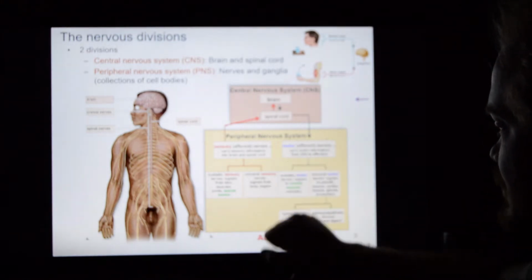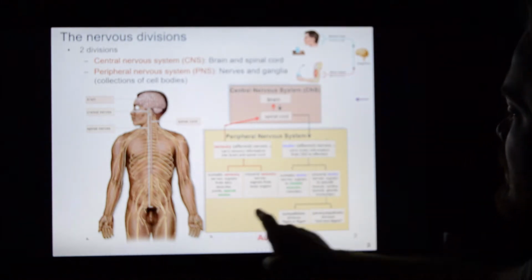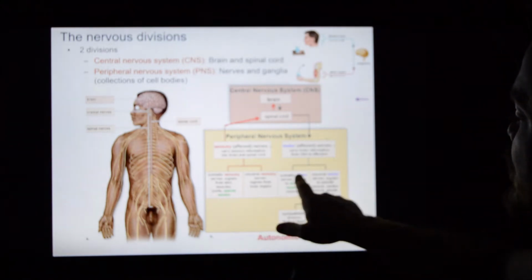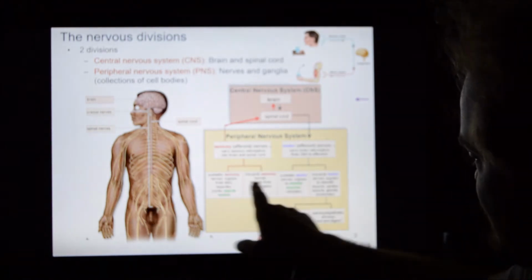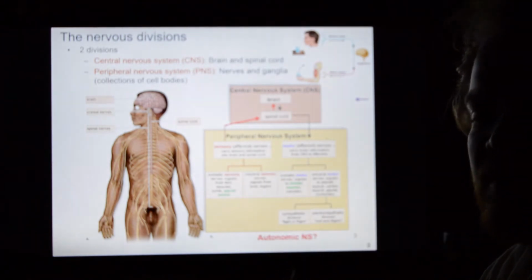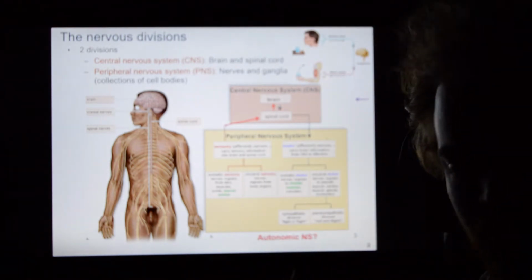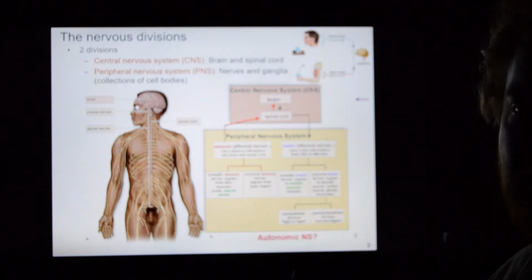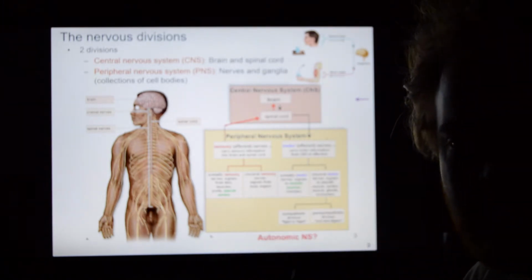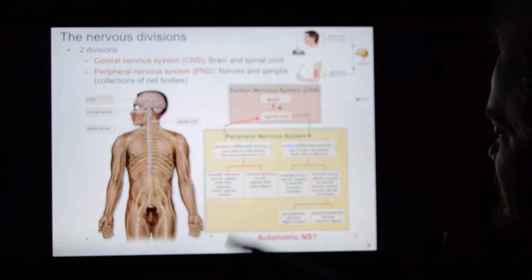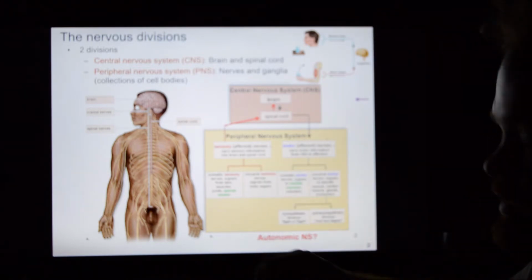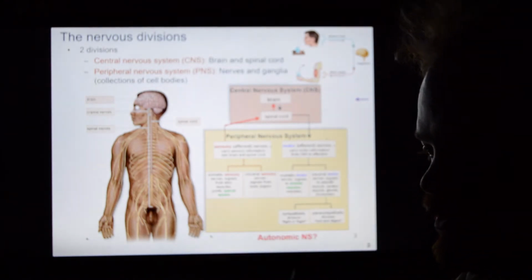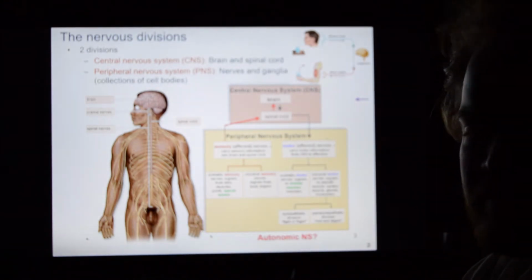And then there is the motor division. Again, motor is doing work. Somatic motor, soma of the body. The only thing you can control consciously, voluntarily, is skeletal muscle. Skeletal muscle is the only thing controlled by the somatic motor division. You get up, you walk around, you speak, you do the things that you do on a daily basis. That is somatic motor.